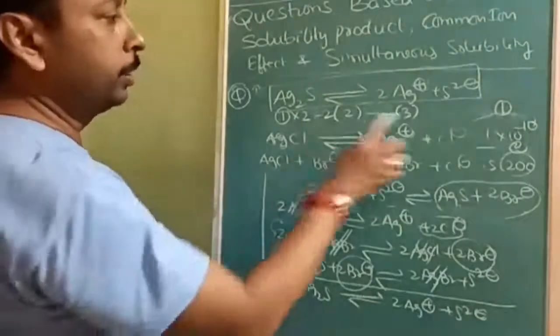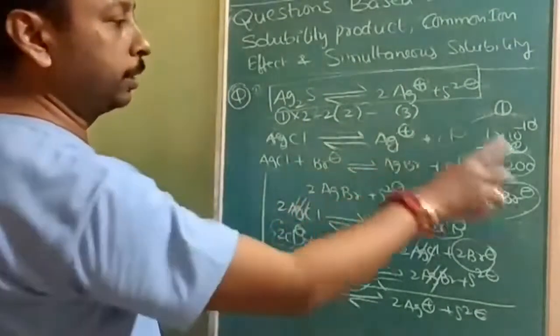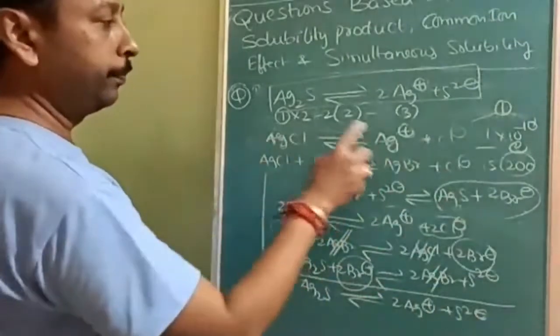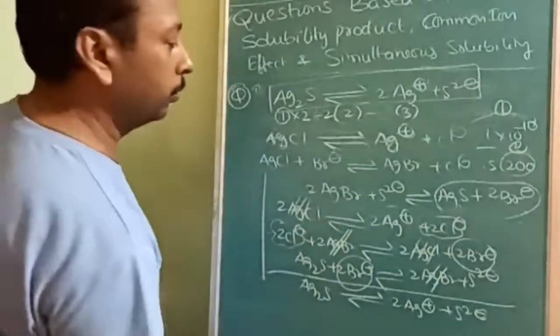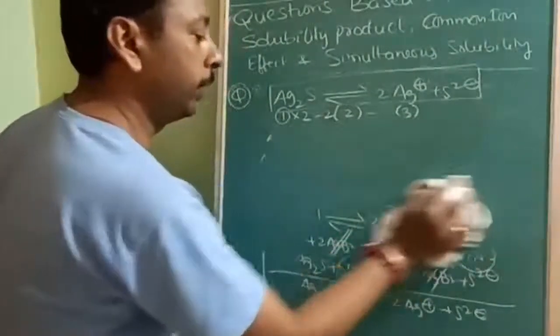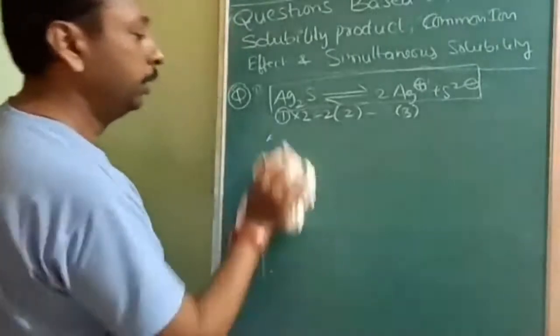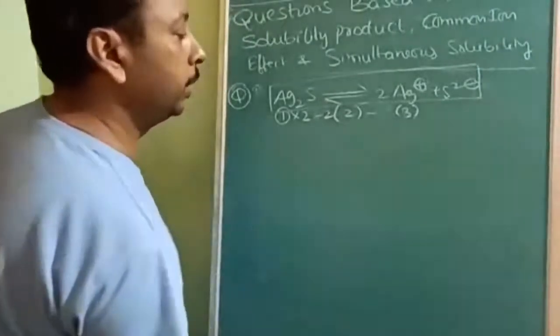Okay, note down this. Accordingly, I will write the values and simplify. You will get the final answer. Up to here, you note down. This I will keep. How we got this one? I think it is clear now. Now I will write this according to this. I will write the values, and you will get the KSP. KSP means salt gives ions. That is the equation we want.